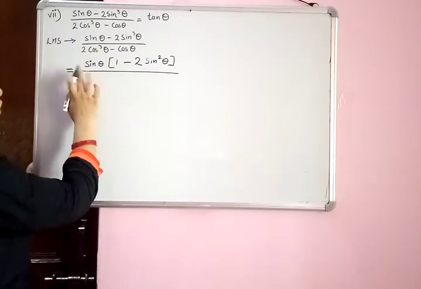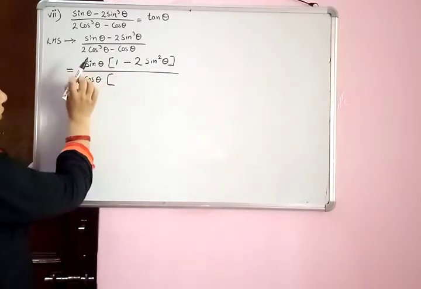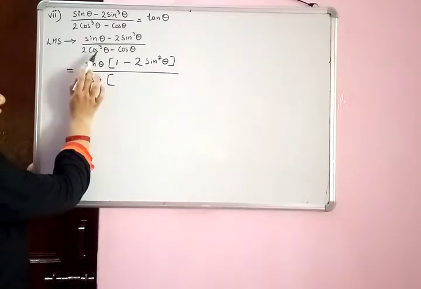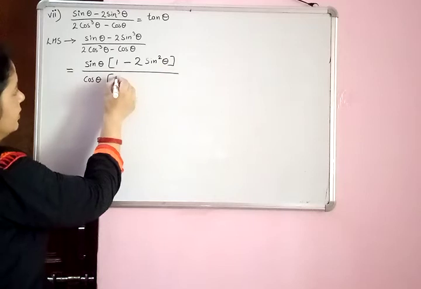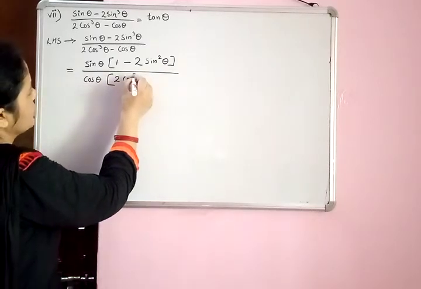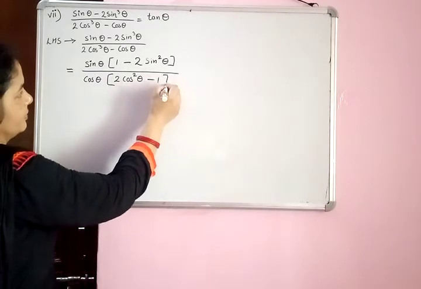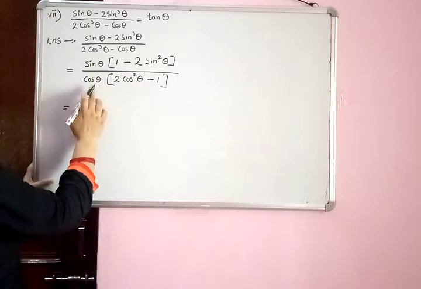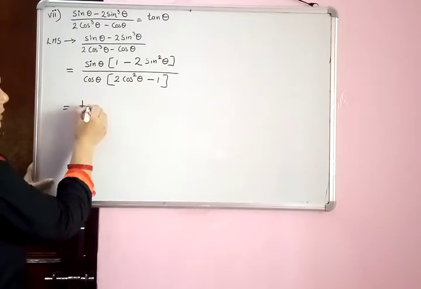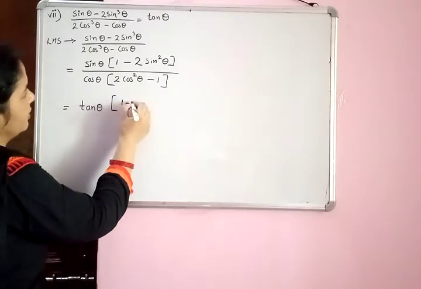Similarly, in the denominator I can take cos theta common. From 2 cos cube theta, if we take cos theta common, then we have 2 cos square theta with us. So 2 cos square theta minus, cos theta common, so here we have 1. Now sin theta upon cos theta, we can write it as tan theta,